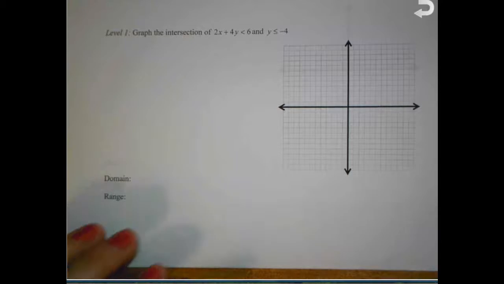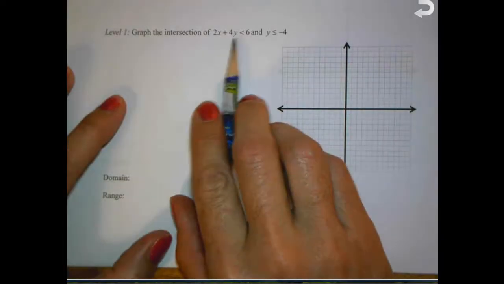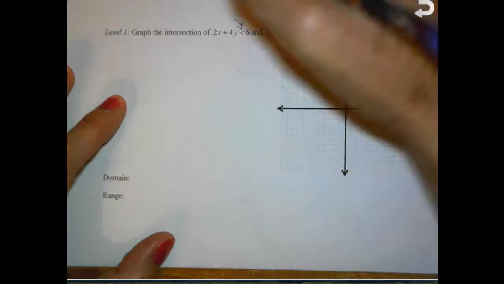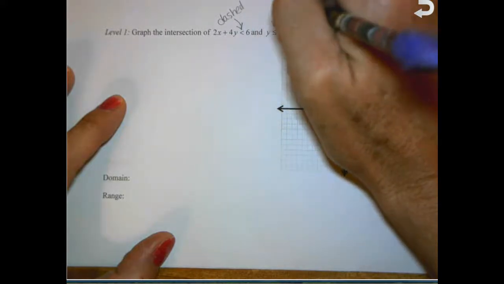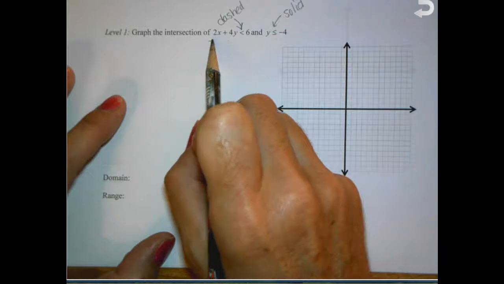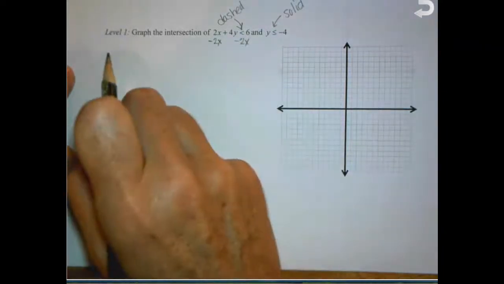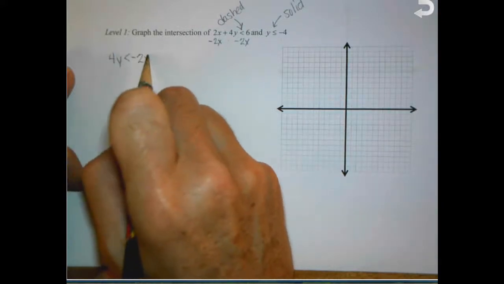One for you to try. Pause the video. Alright, I have two inequalities. The first one I can see should be a dashed line, and the second one should be solid. And if I solve this one for y, then I'll subtract 2x from both sides and have 4y is less than negative 2x plus